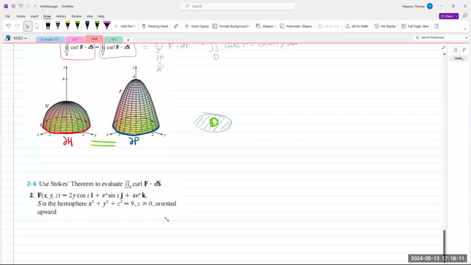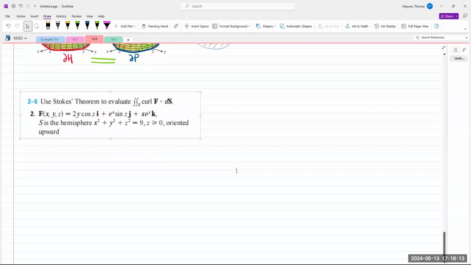Use Stokes theorem to evaluate this double integral. Well, instead of computing that double integral, let's do the closed curve integral. Okay, now you see you have a hemisphere, x squared plus y squared plus z squared equals 9. That's a hemisphere with radius 3,